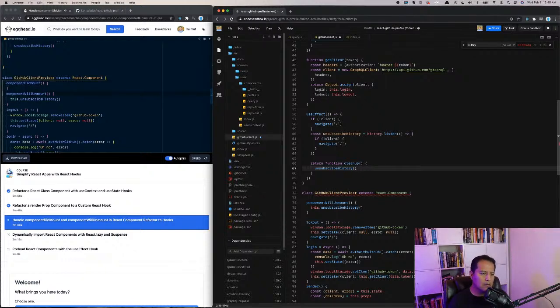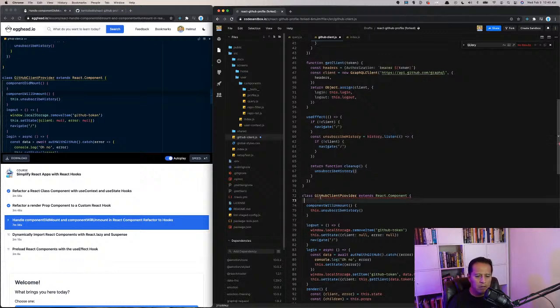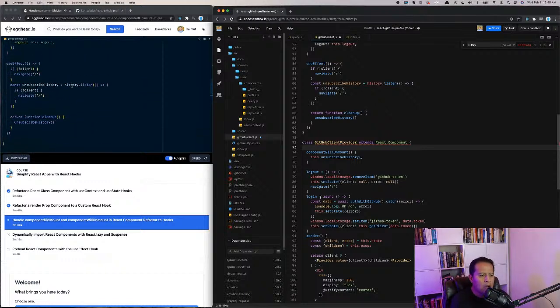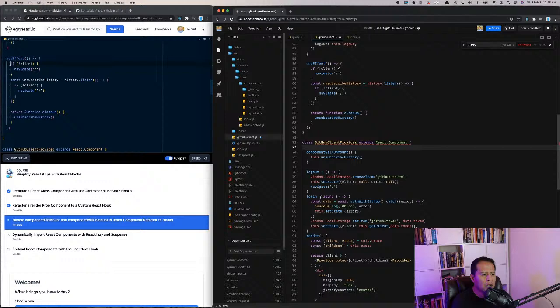Now an important thing here is we don't have a component did update, so we only want our effect to run on mount and unmount. We don't want that effect callback to run on every update. That makes sense because we only want to do all of this one time. We only need to set up a subscription to history once. We only need to check the client on mount, and then